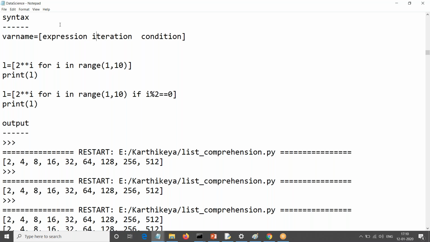And if any conditions are applied on that, suppose you are trying to, in this, I want to